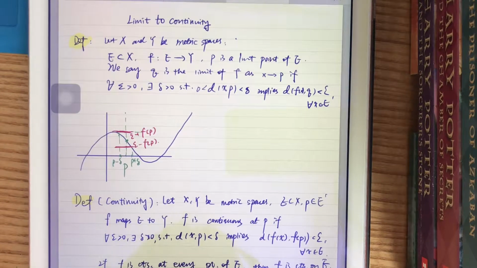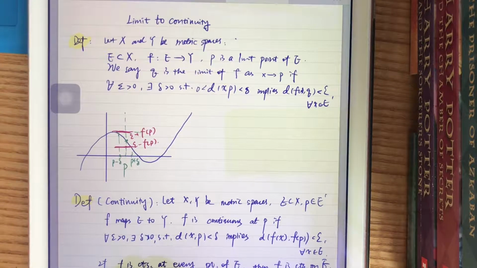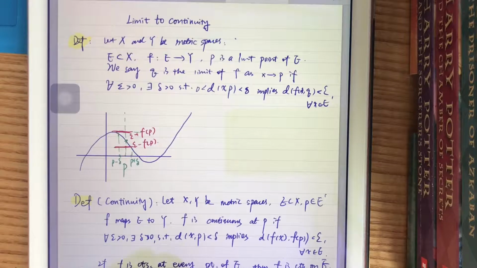Hey guys, in this video I'm gonna show you the concepts of limit and its connection to continuity and convergence. So basically we're gonna talk about three concepts: limit, continuity, and convergence. Okay,